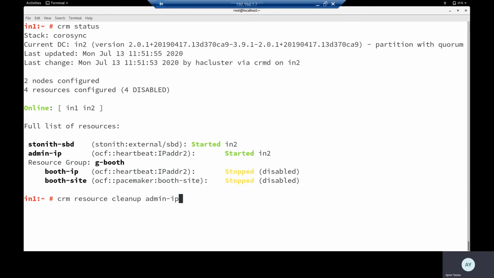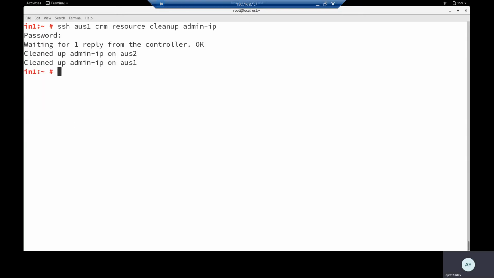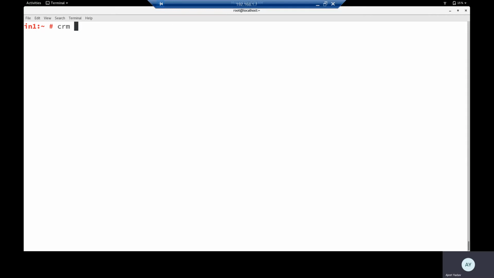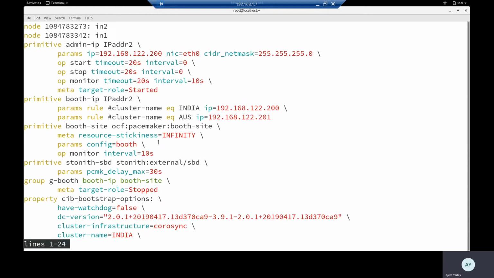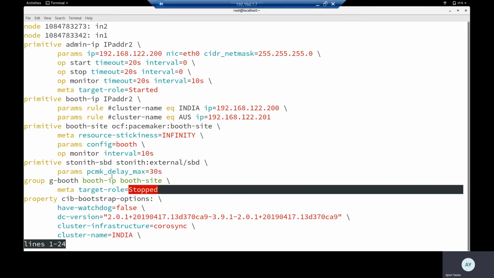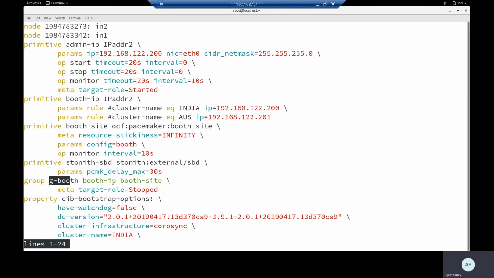Right, let's run the same command for my second site, which is Australia 1. Yes, that is done. The second thing is I can see a resource which is stopped, because I mentioned in the CIB that it is stopped. Actually, this resource is stopped by default. Yes, this group one is stopped.